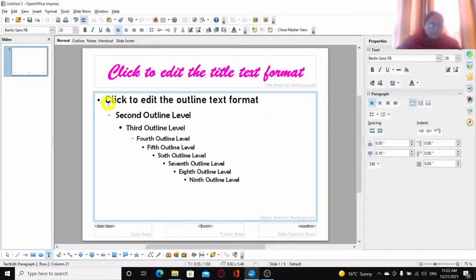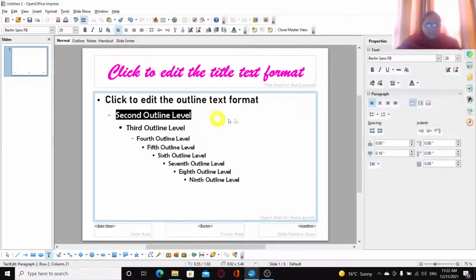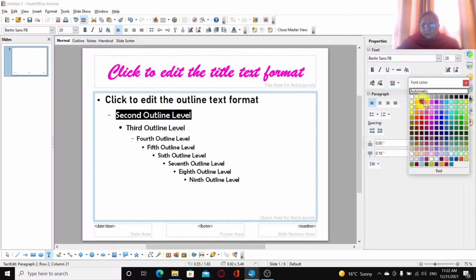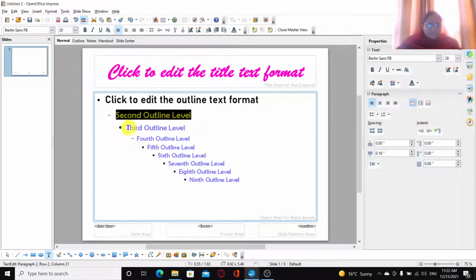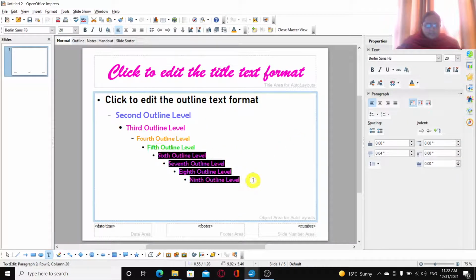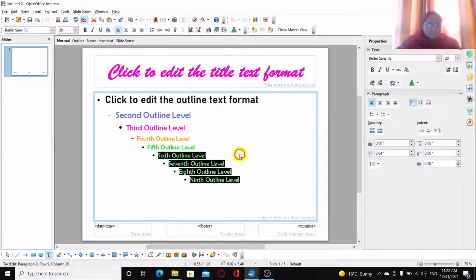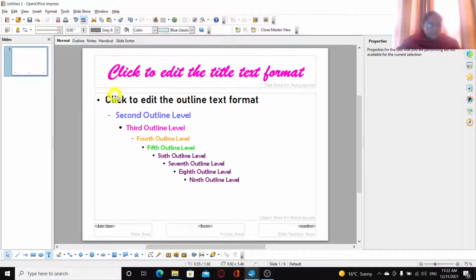So let us try to differentiate by the color. For the first line, we'll have the black color. From the second line, we will have blue color. For the third line, let's have pink. For the fourth line, let's have orange. And this way we can have different colors for different lines, green. And for the rest of the lines, let's have some other color, like maybe dark violet. So these are the colors which I have fixed for each of the levels.